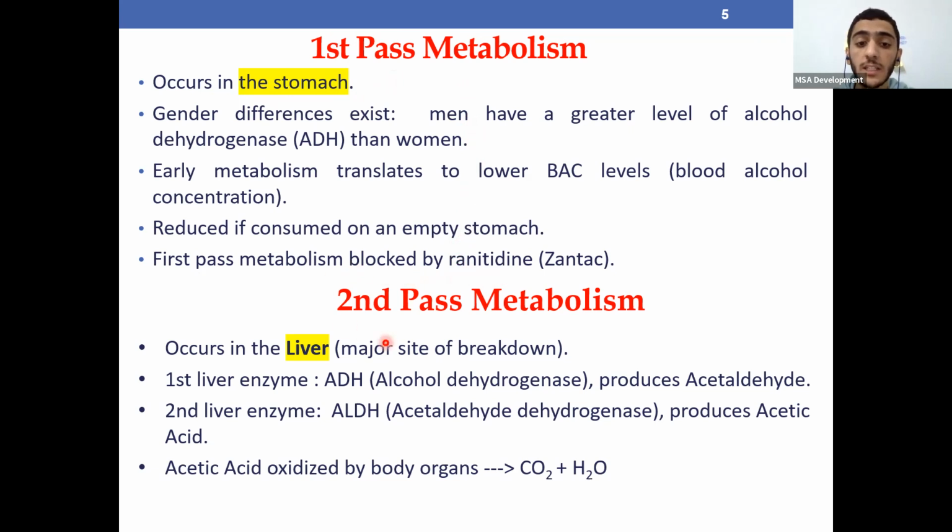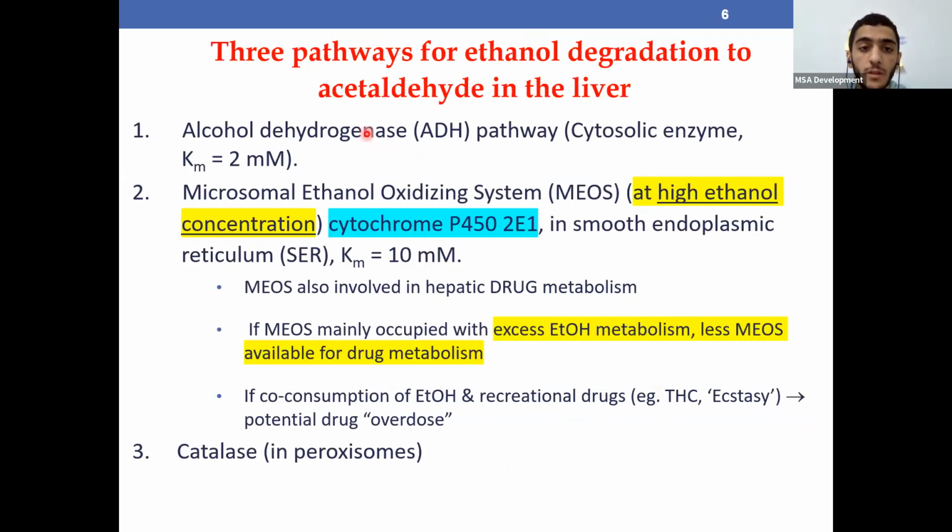Now, the second pass metabolism is the main metabolism site, which takes place in the liver by three enzymes. Alcohol is broken down to acetaldehyde by alcohol dehydrogenase. Acetaldehyde is broken down by acetaldehyde dehydrogenase to acetate, or acetic acid, and this is metabolized to produce acetyl-CoA. Again, the same concept: the major pathway is the cytochrome P450 2E1 pathway,